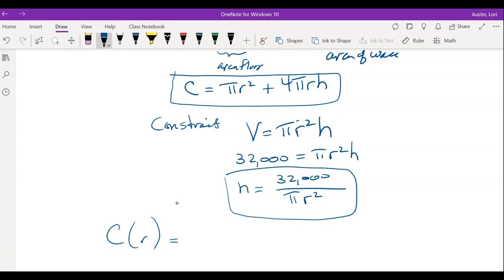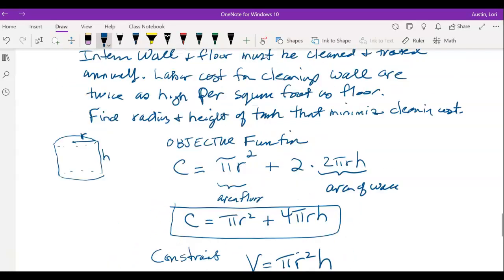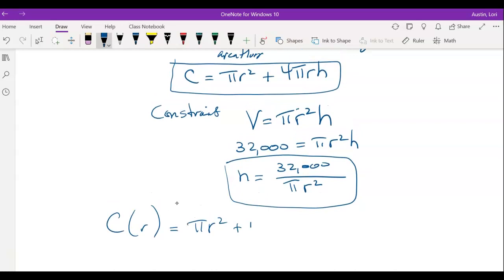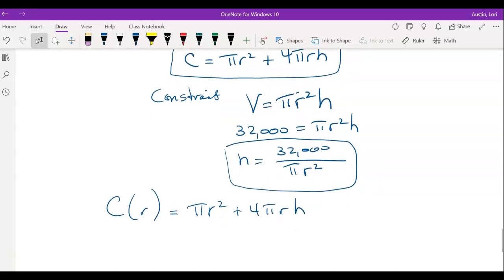So my cost function, remember, was pi r squared plus 4, so C of r is pi r squared plus 4